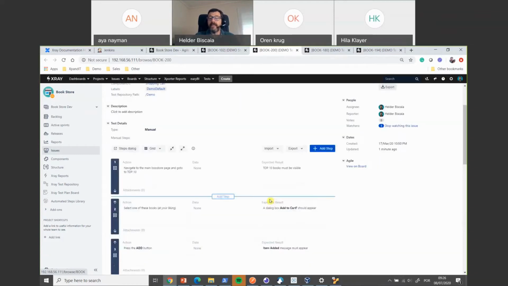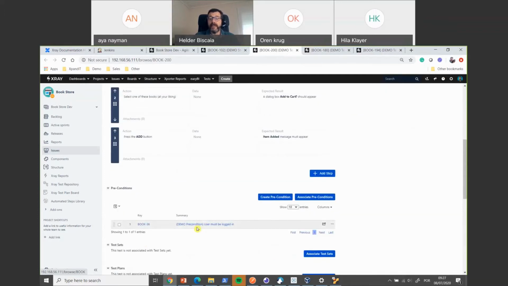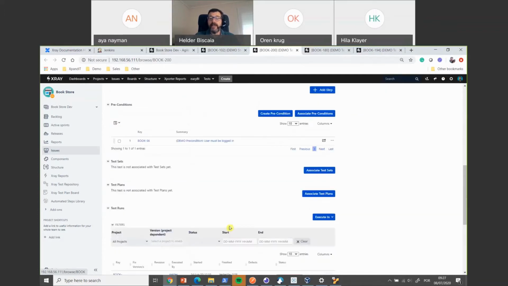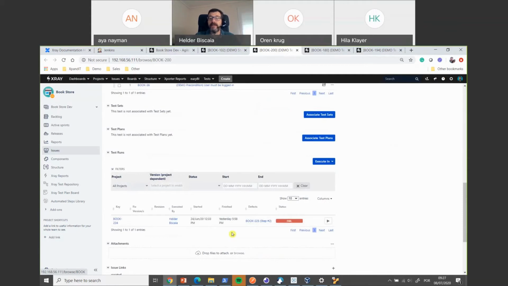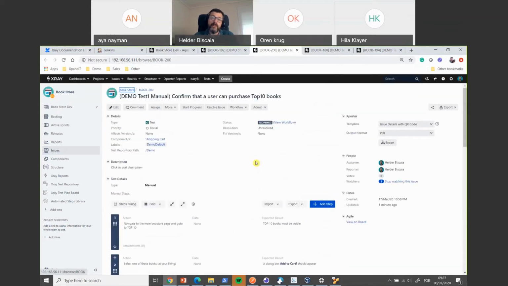I do see 3 test steps that the testers should follow while they're carrying out their tests. And it is also linked to a precondition. And in the past, I did execute this and I failed it. Okay, if this is so, for those of you who are unfamiliar with manual test case specification within Xray, it's